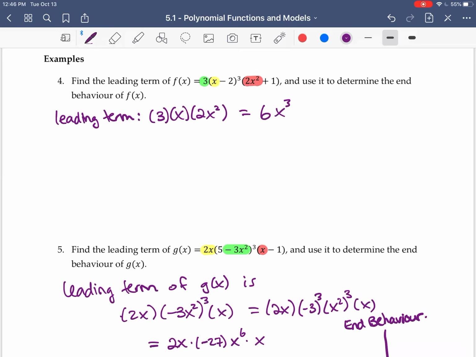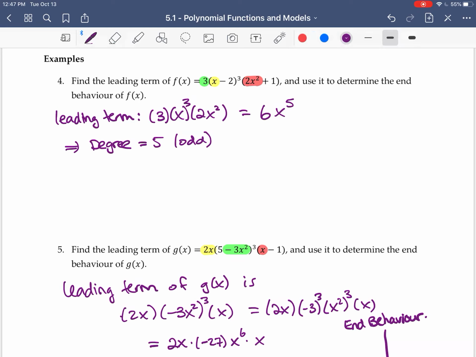Oh, sorry, this one is actually cubed. I missed the power there. So because of the cube here, we take the x, but we still have to cube it. So that's still going to be a 6, but now I have x cubed times x squared, which is x to the 5. That means that the degree of this polynomial is 5, which is odd,